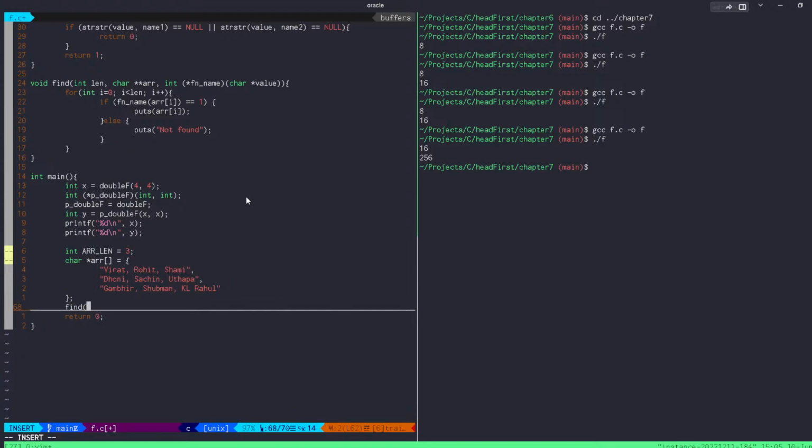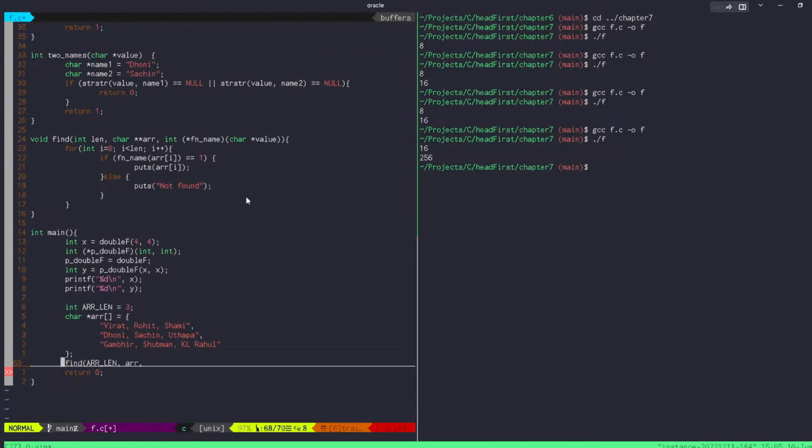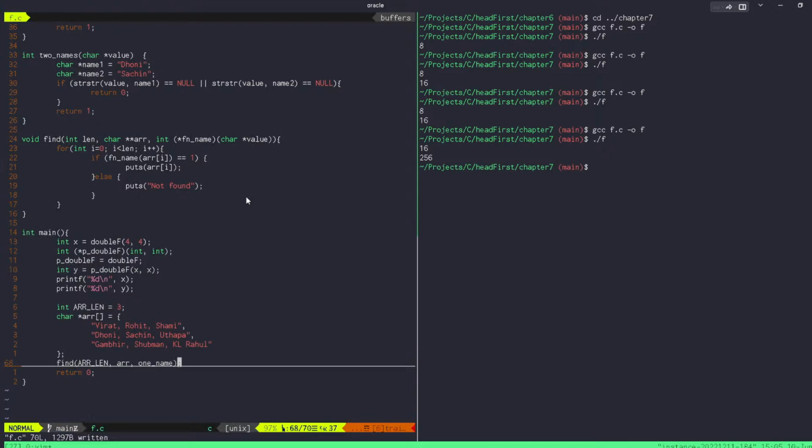Inside find, first we'll pass the length of arr, second we'll pass our array which is arr, and the third we will pass our function. But the point here is we are calling the function name. So we are passing the name function for fn underscore name. Okay, so we are only passing one name, Rohit, and then this should get executed and this should get